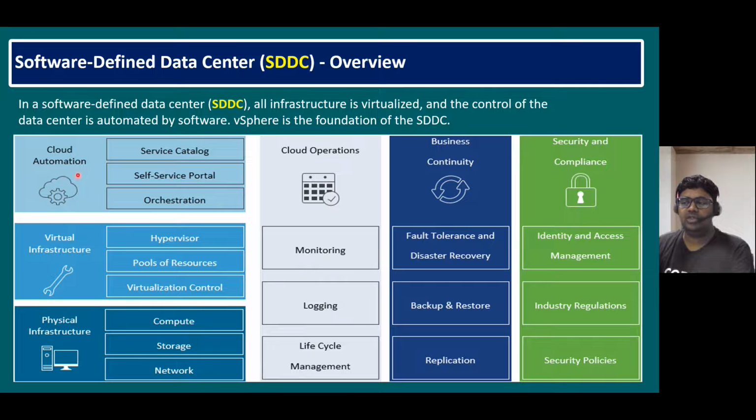For automation we require an additional tool called a cloud automation tool. That tool provides services called service catalog, self service portal, and orchestration. In general, this cloud automation tool is called VMware vRealize Automation, in short VRA. VRA is embedded with vRealize Orchestrator. And in order to operate all your infrastructure, physical, virtual, and cloud automation, we also require cloud operations